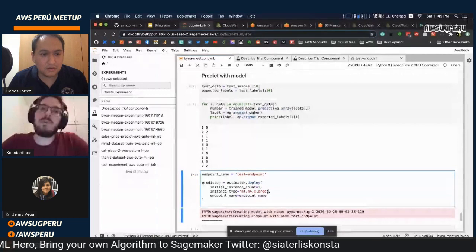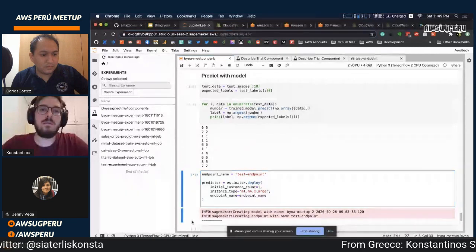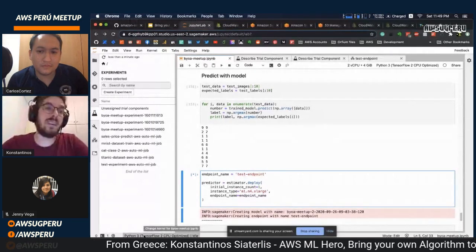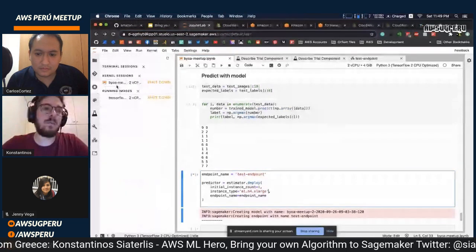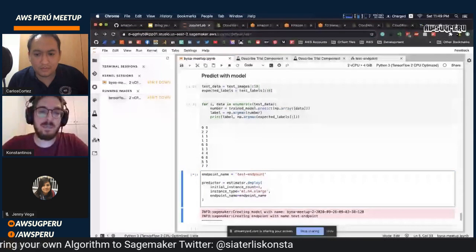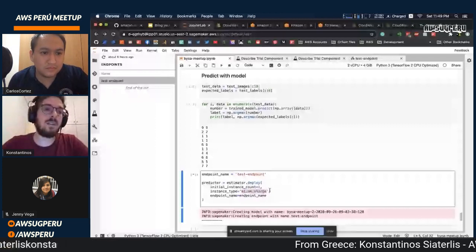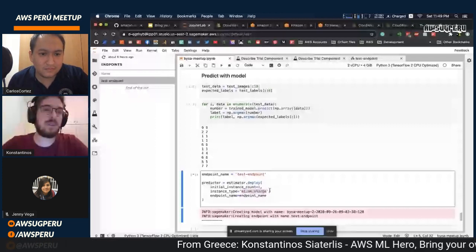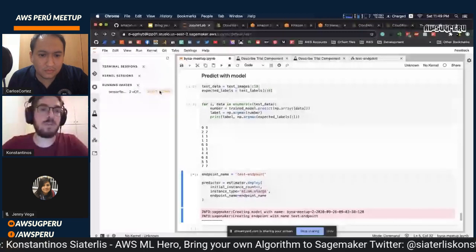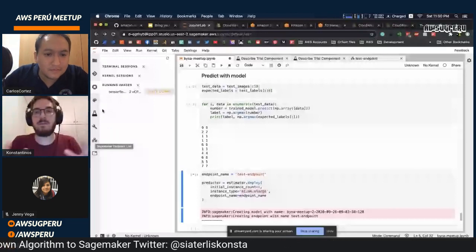It really depends on the use that you are going to do. For example, here I have my Jupyter notebook that obviously runs a kernel behind a Docker image, and I'm getting charged for it here. I have the endpoint that is ml.m4.xlarge, and I'm getting charged for it. So if I start shutting down my kernels and deleting my models, the only thing that's left is just the SageMaker environment.